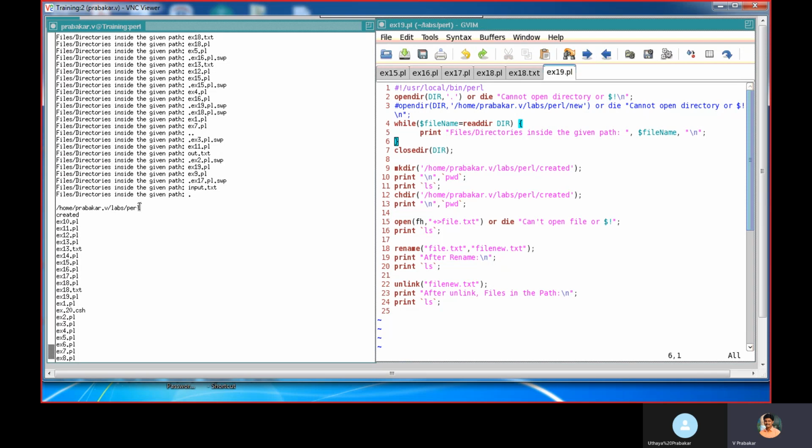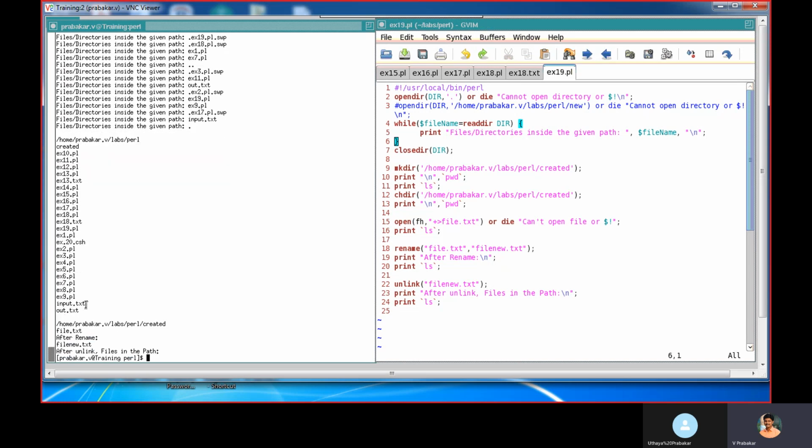I'm there inside Perl. Using the ls command, I list out the files, directories and subdirectories. So here the directory created is listed. Using mkdir we created it, and using ls we list out all the subdirectories and files.